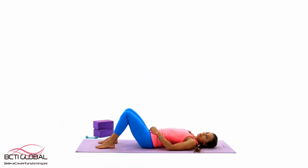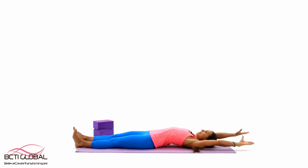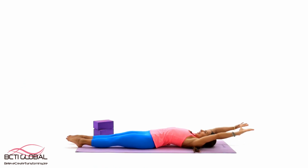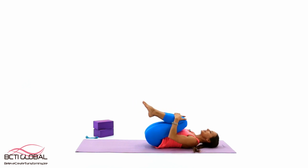Alright guys, we will begin here on our back. Let's begin by extending both legs all the way through and taking both arms all the way behind, and just give your body a good quality long stretch, so those fingertips away from your toes, a good long beautiful stretch. Again, and then gently draw those knees all the way towards your chest and just gently press on